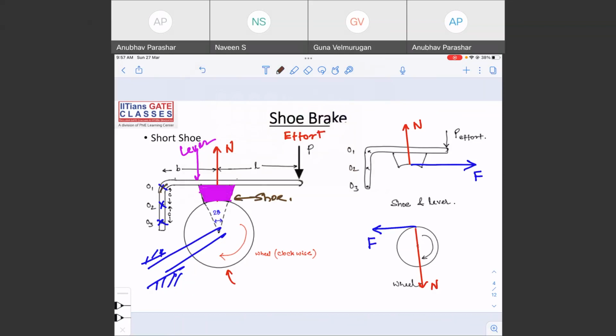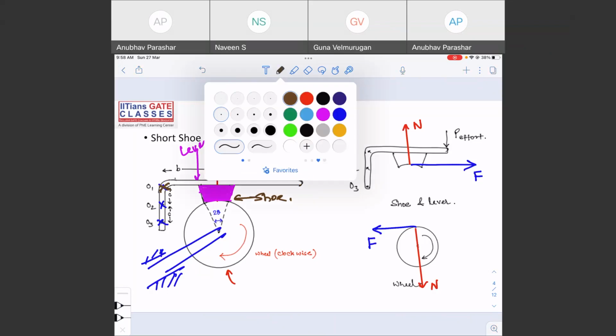The lever is hinged, okay? So that you can grab it using your hand here. You can grab the lever using your hand, and then you can press the wheel. You can press the wheel using your hand or feet, whatever you want. So now in shoe brake, if you have to draw the FBD, generally you have to draw